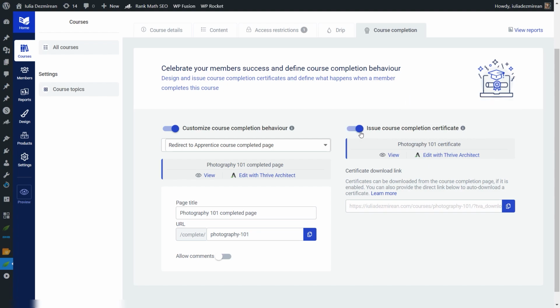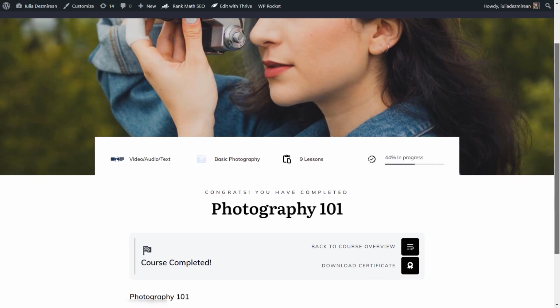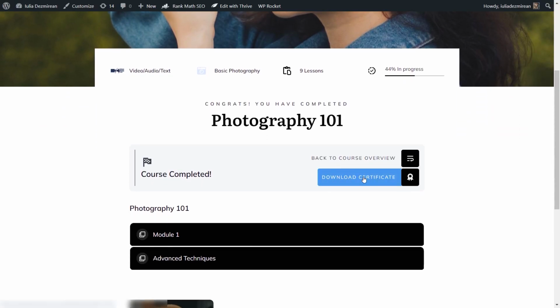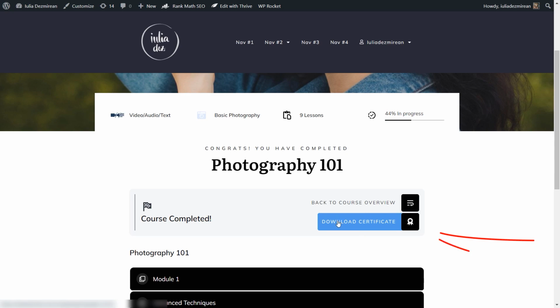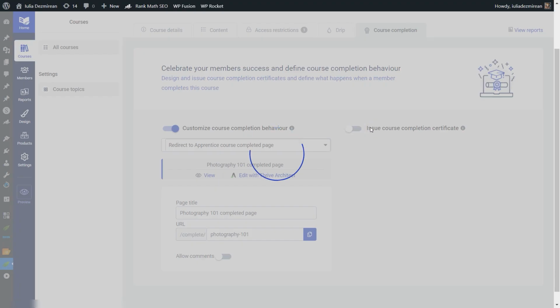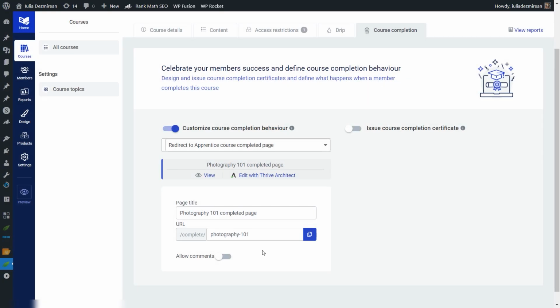What I wanted to show here is that if you activate this option and you preview your course completion page again, we can see that a smart button has been added here, and this is the download certificate button on which the student can click if they want to download their certificate in a PDF form. Now this is a smart button because unless the issue course completion certificate option is enabled, this will not show up on this section. I'm going to disable this option for now and go back to our course completion behavior